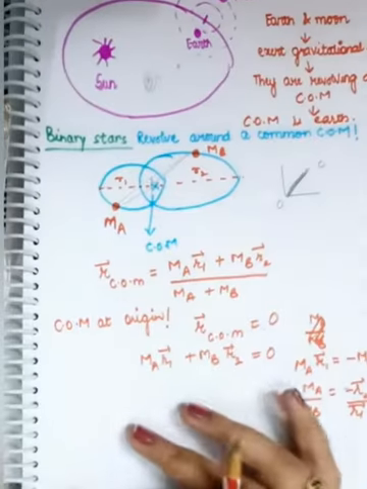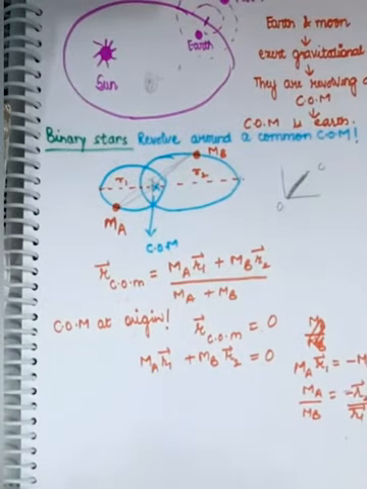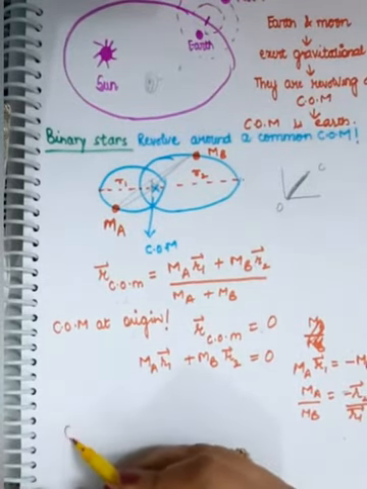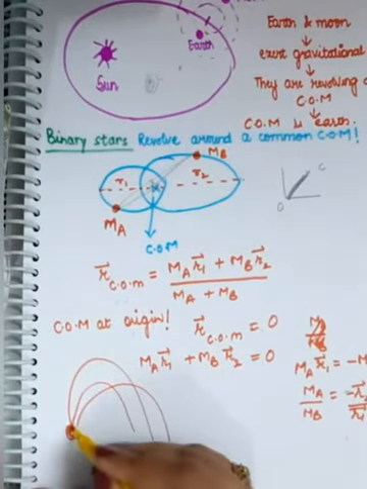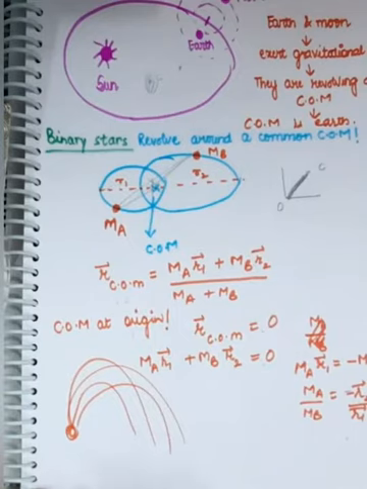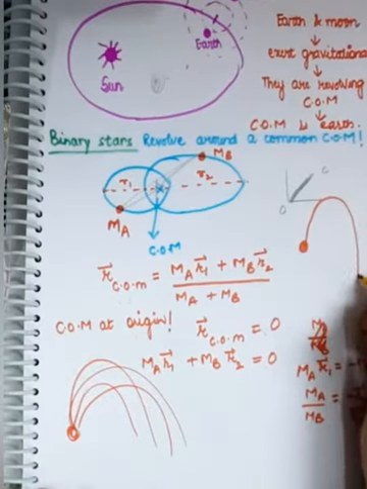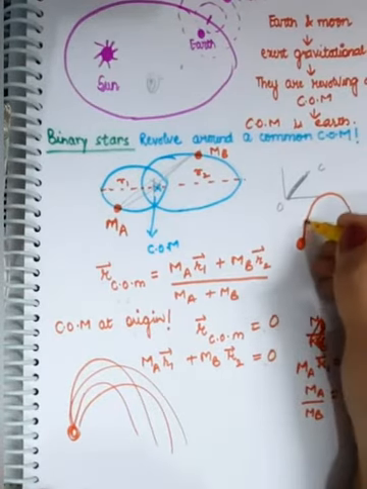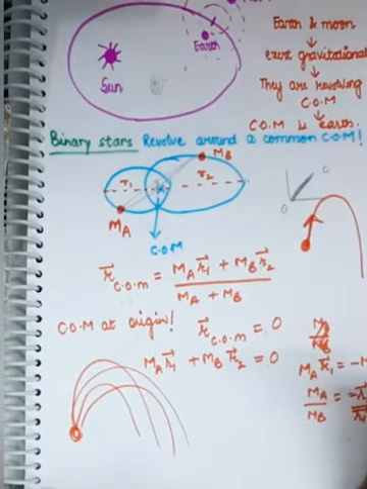Next and last example, explosion of a cracker. You might have seen a cracker exploding and all the fragments follow a parabolic path. Why is that so? Why do they follow a parabolic path? Because what exactly happens? The cracker has to follow this trajectory, right? So when it goes up in the air, it explodes all of a sudden.